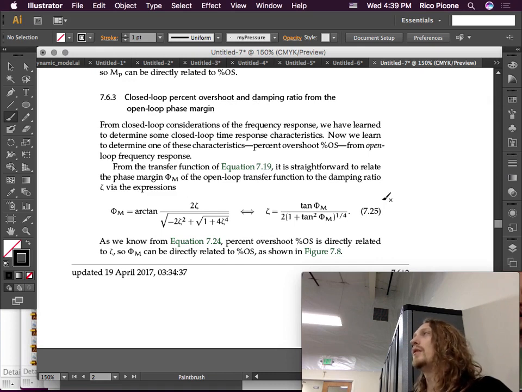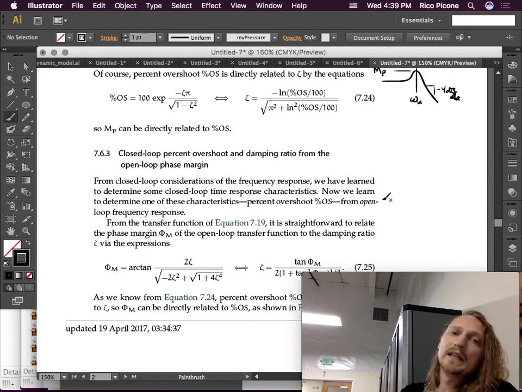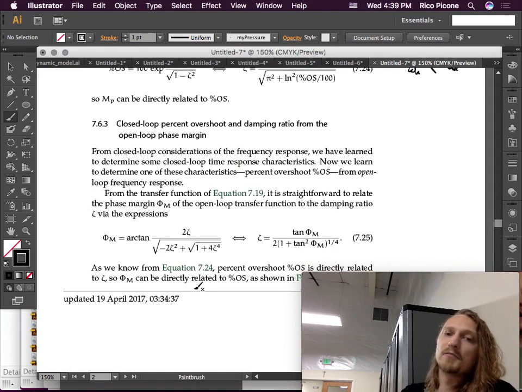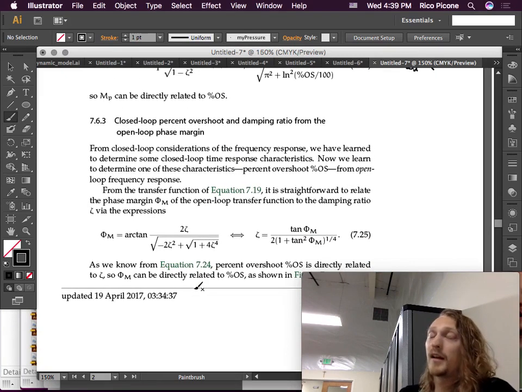So we asked before, what is the phase margin's significance exactly? Well, one significance that it has is it's related directly to the open loop phase margin is related directly to the closed loop damping ratio, which is useful, especially because we can always go from damping ratio to percent overshoot. So percent overshoot is governed by the phase margin, and that's another useful sort of tool to have